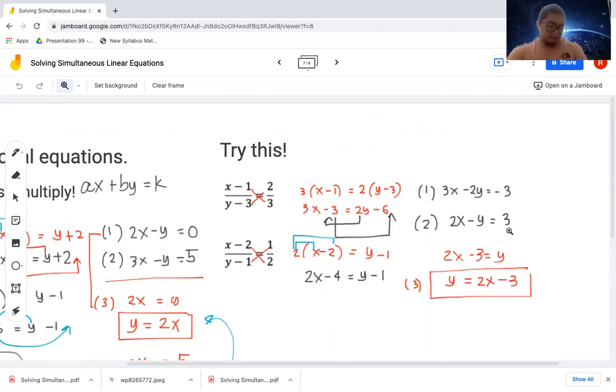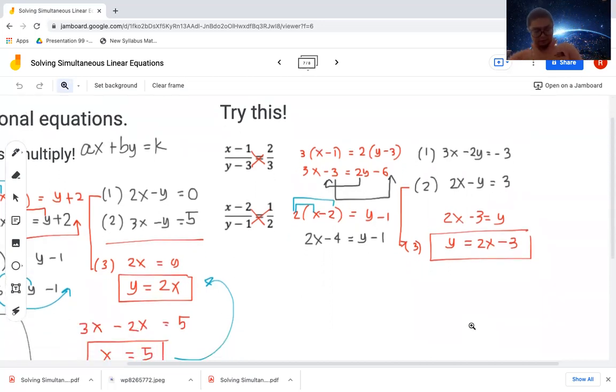And equation number 3 came out from equation number 2, which means that this equation has to be substituted into equation number 1. So if you are going to do that, this is going to give you a calculation of 3x minus 2 times the value of y, which is 2x minus 3, is now said to be equivalent to